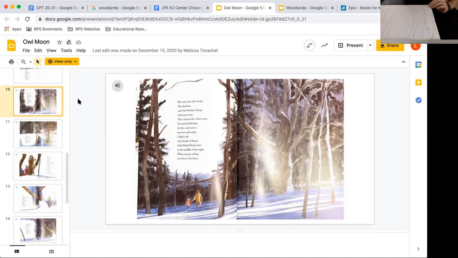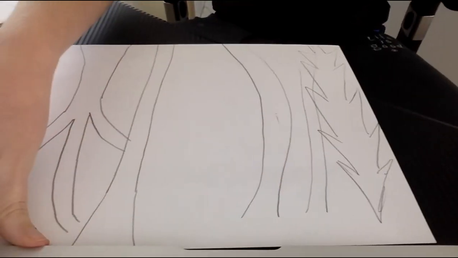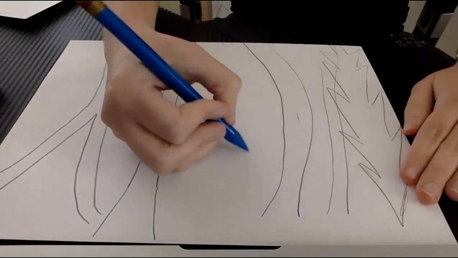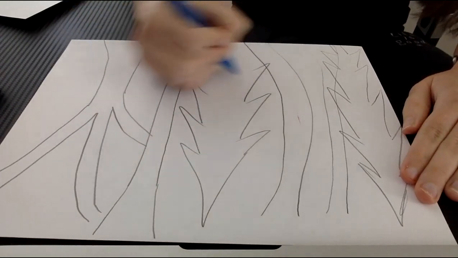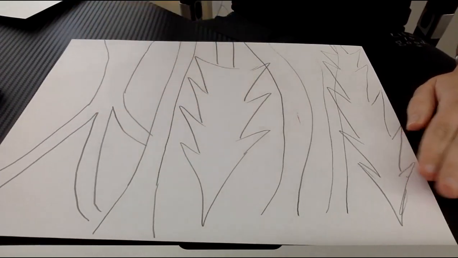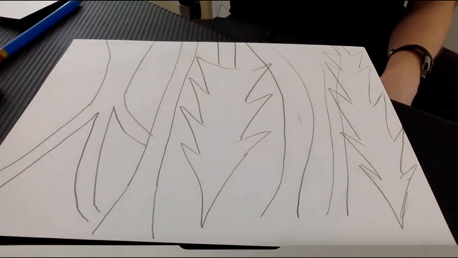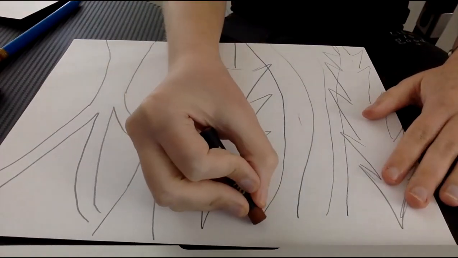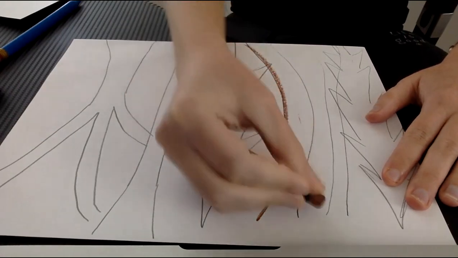And then the trunk. Let me make the screen bigger. There we go. Now you can see more. Awesome. So here is my woodlands. And now I'm going to color in the different trees. So this right here, I'm going to make brown. And I'm going to use my oil pastel. So I'm going to outline